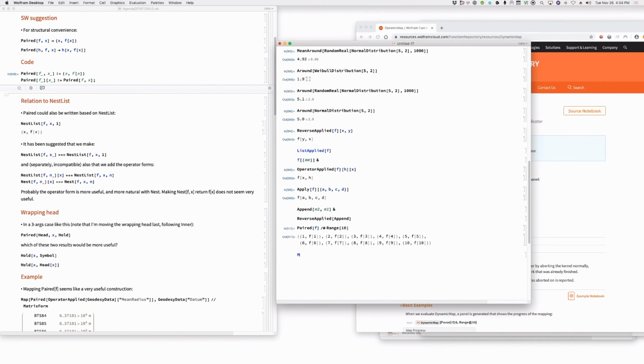Yeah, so what would happen if I say map indexed paired of f onto range of 10? Oh, I see, it was fed too much stuff. But it's not obvious to me that that's right, that it was fed too much stuff. We could do something with it. Yeah, that's what I'm thinking. I'm thinking this is very much like the attached coordinates business. Right. Because this